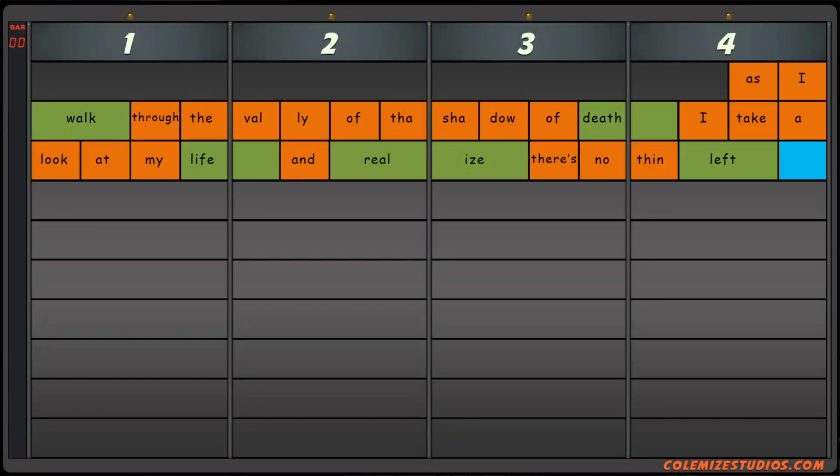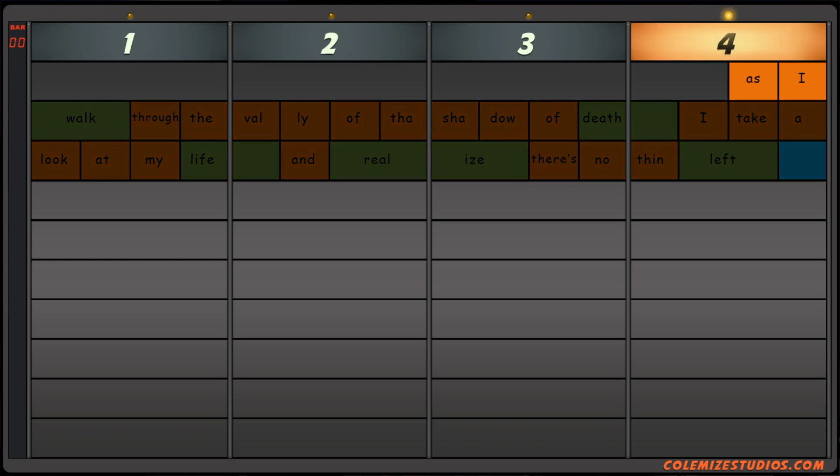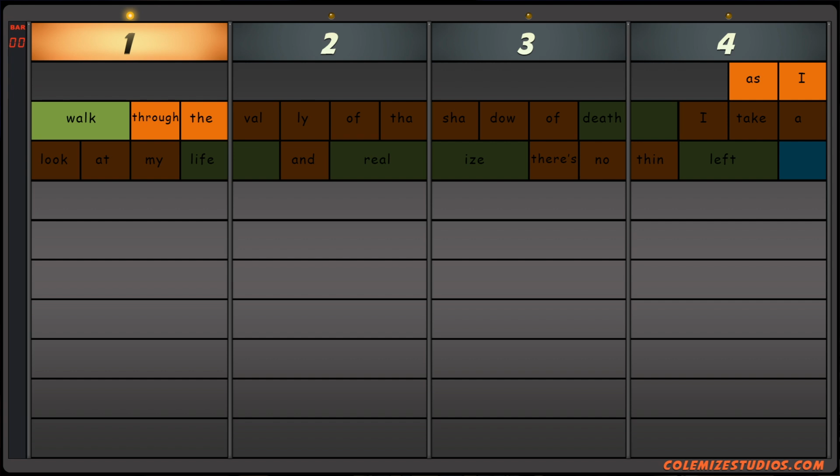Now, in order to use a rapper's cadence effectively, it's important that you begin rapping within the same part of the bar as they do. For today's example, Coolio begins rapping on the second half of beat 4 using 2 16th notes, which leads into beat 1 of the following bar.